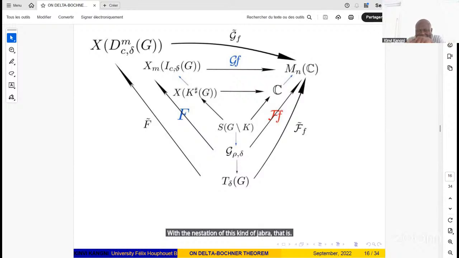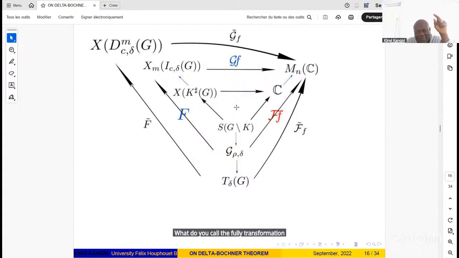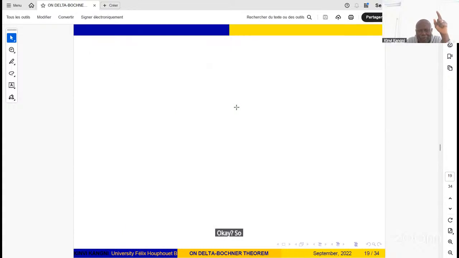But when delta is one-dimensional, you get this kind of algebra. So this algebra is an extension of this kind of algebra. And from this algebra, you can also compute the Gelfand transformation, which leads you to the Fourier transformation, which is the extension of the classical Fourier transformation, what we call the Fourier transformation of type delta. Okay, so